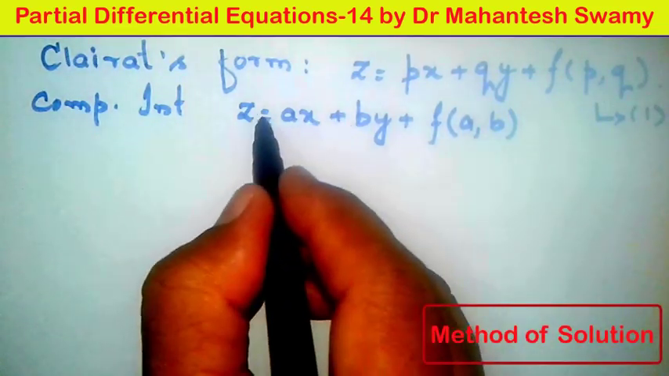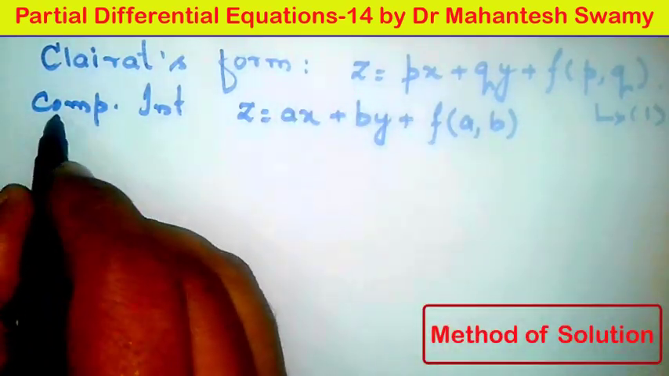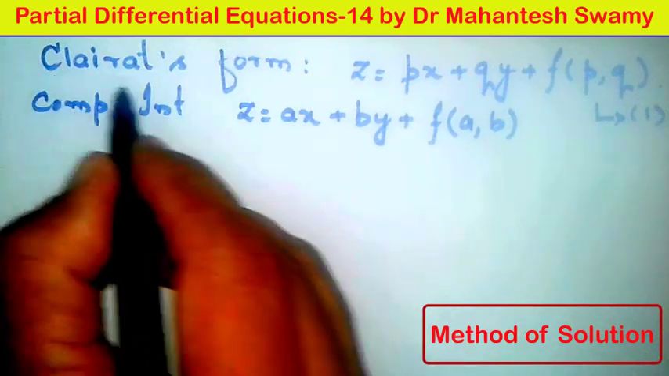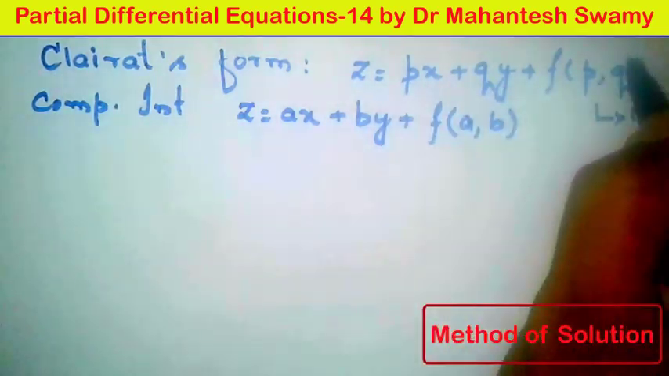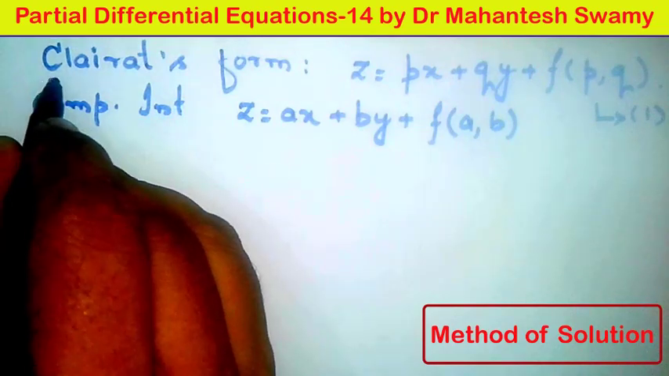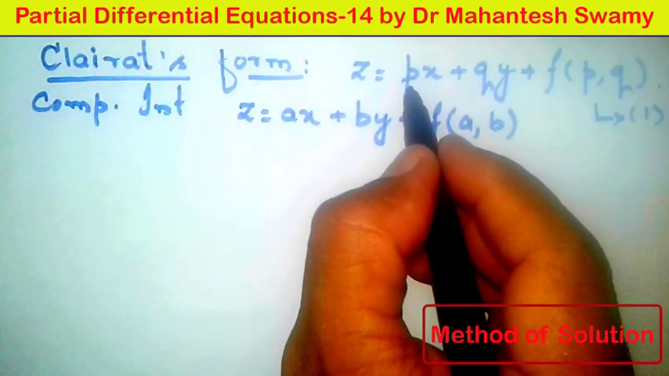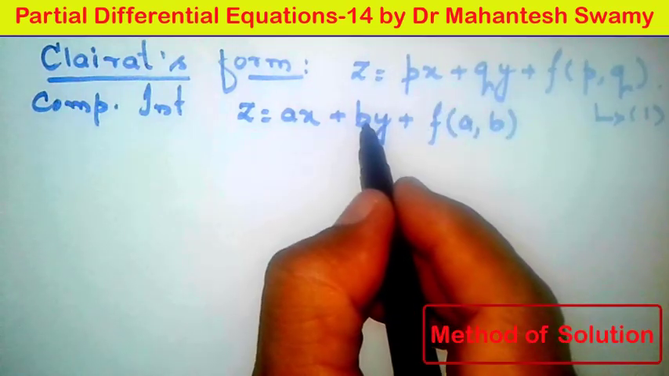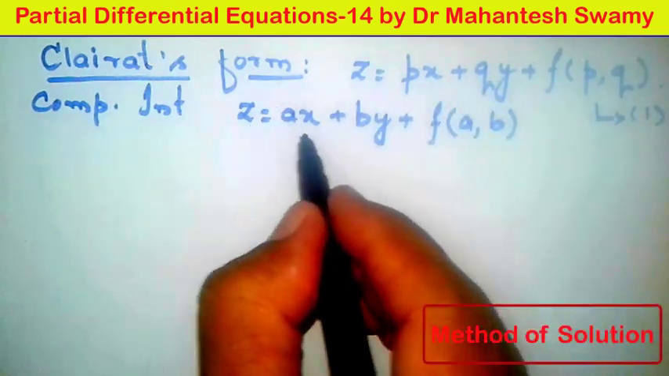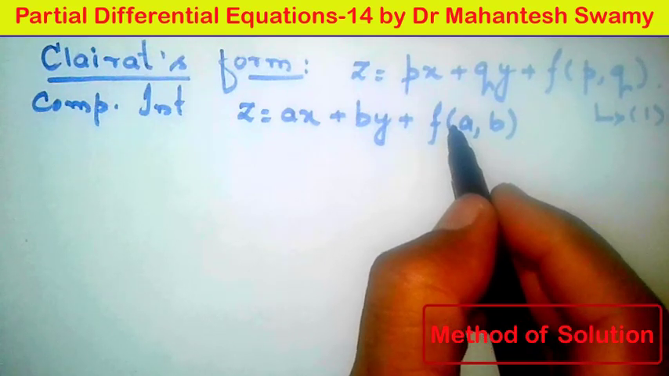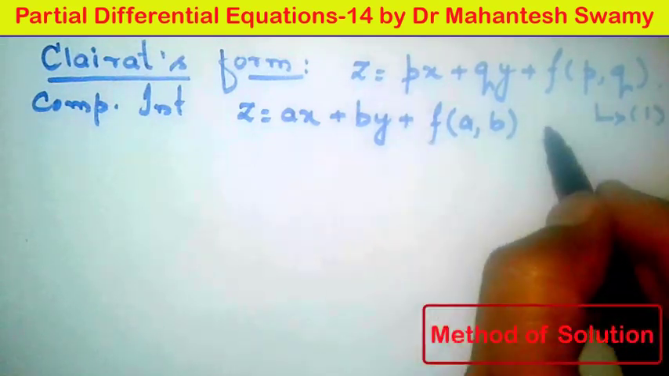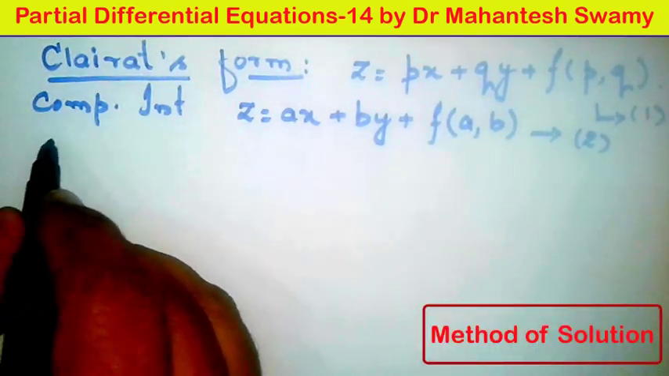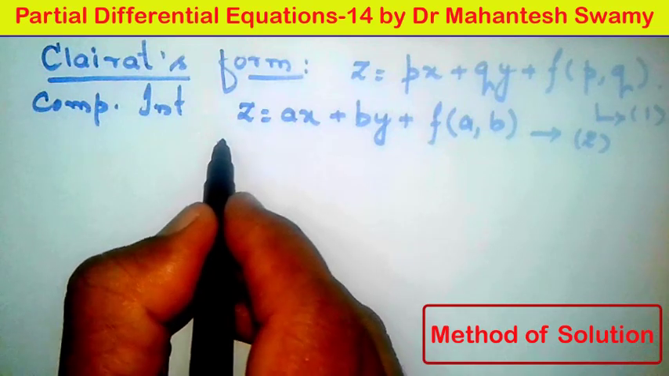So the solution, particularly known as the complete integral, can be obtained very easily, directly from the given partial differential equation in the Clairaut's form, by replacing p with a and q with b. Now we shall verify whether this is really a complete integral or not. If we call it equation number 2, the complete integral, we can observe that dou z by dou x,